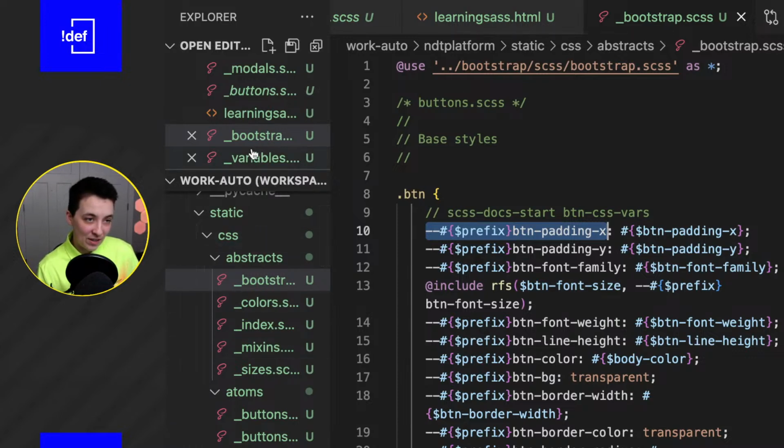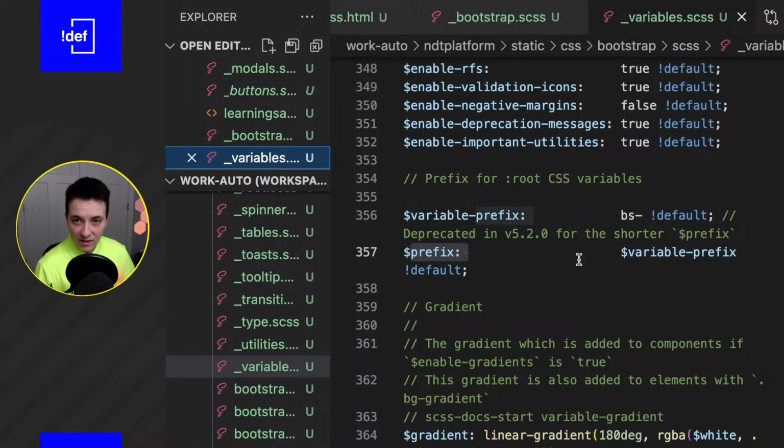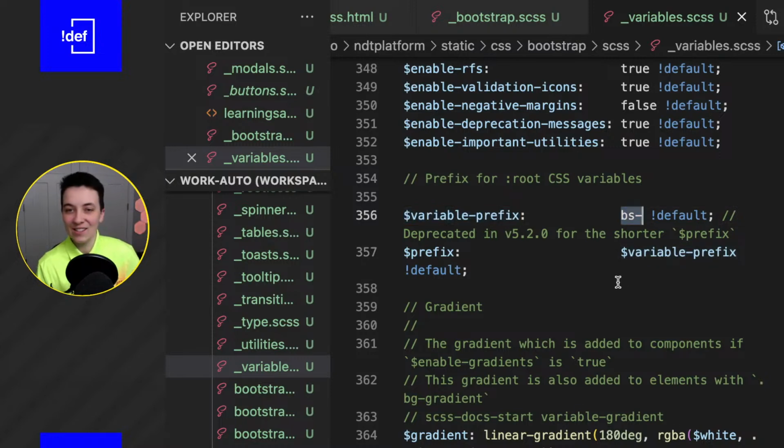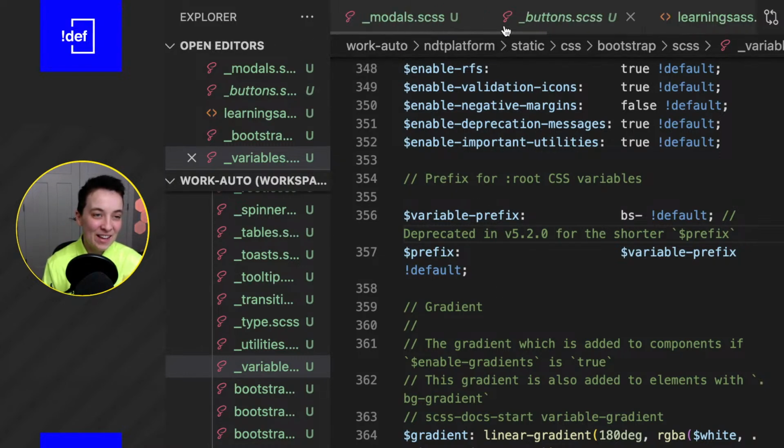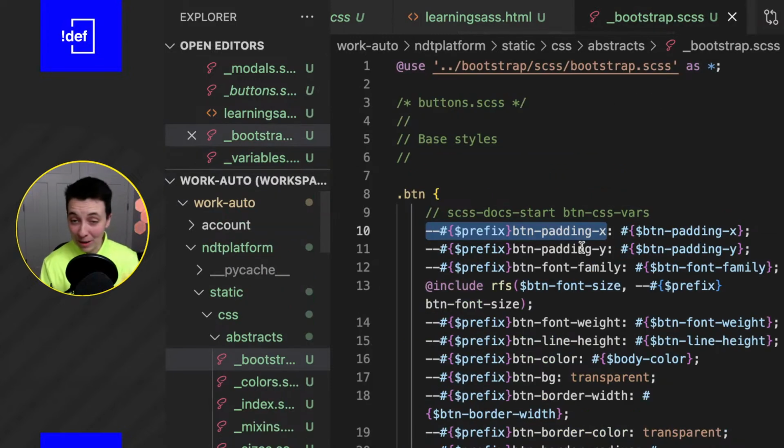And the way that we found this is in the variables SCSS file. They've got this little prefix defined, and it's set as variable prefix, which is right above it, which is BS for Bootstrap, not for something else. So we have that kind of wrapped up so that I'm not tripping over myself. So yeah, basically whenever we see this in the deep stuff of Bootstrap,